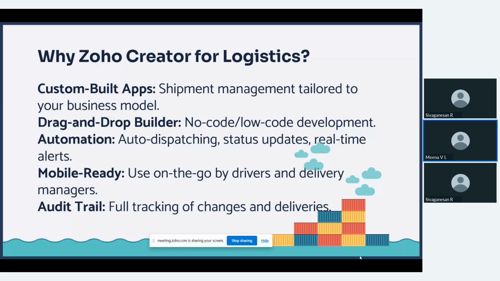And audit trail. When you give visibility to every kind of partner you work with, you may worry about the data accuracy. To track that, we have something called audit trail, where you can have complete logs of who is making what changes to what kind of data. So you can check that at any point of time using audit trail. And to mention, Zoho Creator is completely cost efficient, so anybody can start using this for their business.